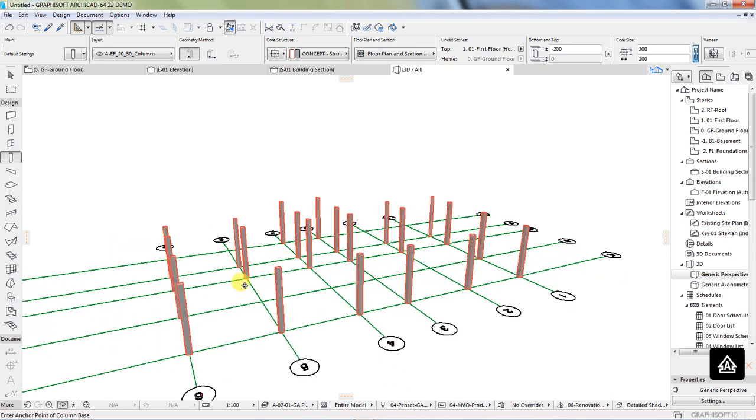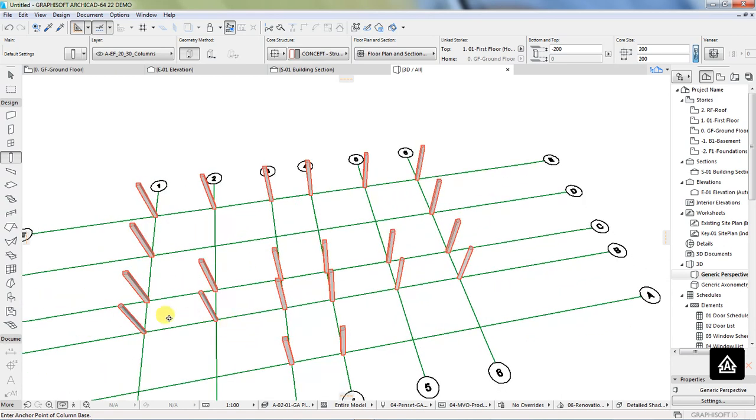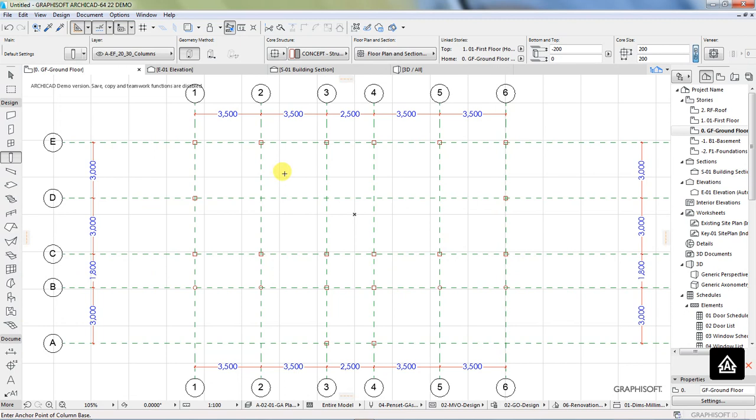These are the columns that we have created. You can see the columns, you can see the grids, and that's how it looks. And then I'll go back to my ground floor, and having done the columns, that means we've done step number 2, and step number 3 is to